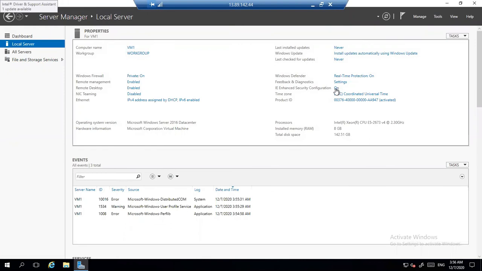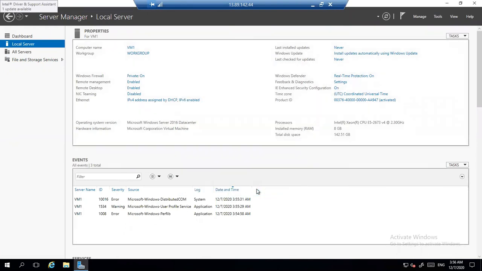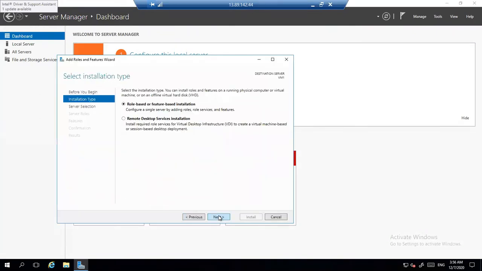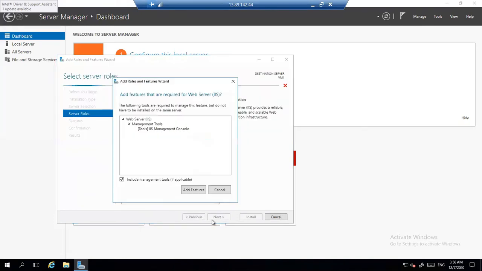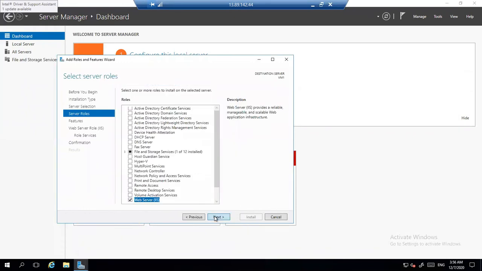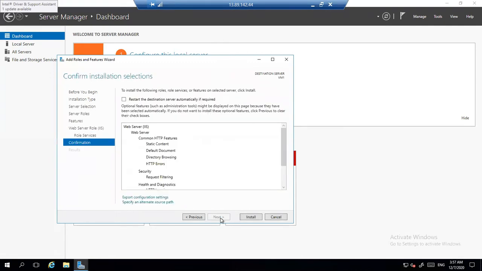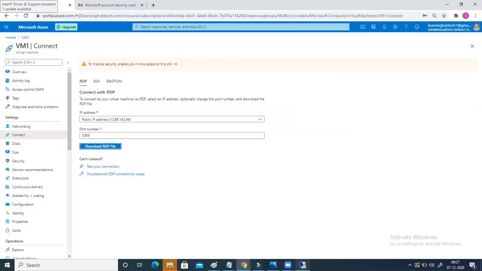So come to local server and switch it off. Now install the IIS. So for that, click on add roles and features. Go to next. Okay. So go back to the second virtual machine also.